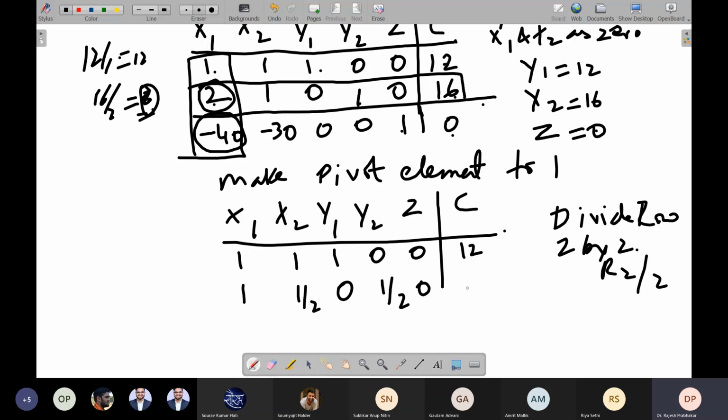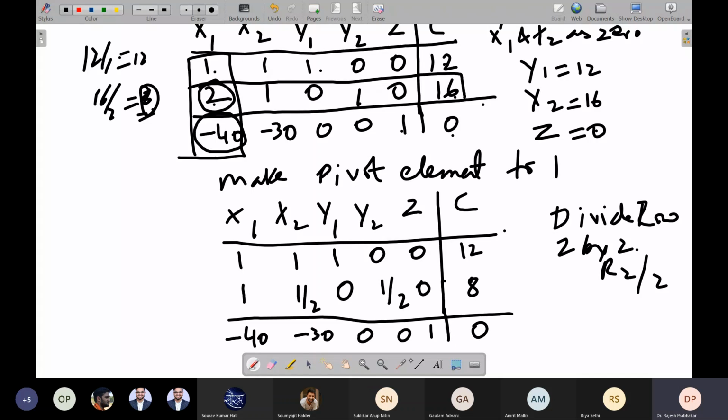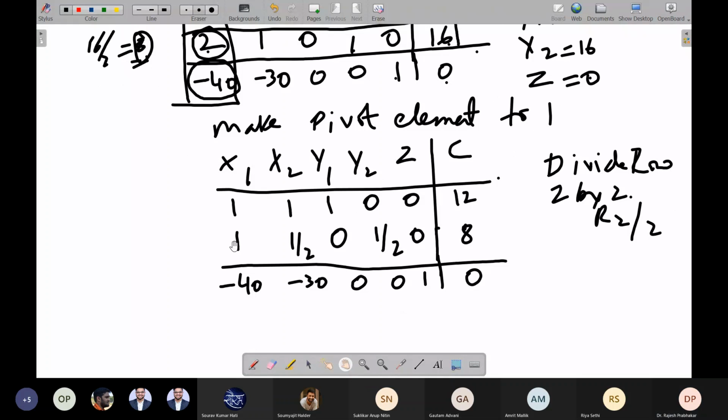And this will be 8. And the last row remains minus 40, minus 30, 0, 0, 1, 0. So we have made the pivot row.